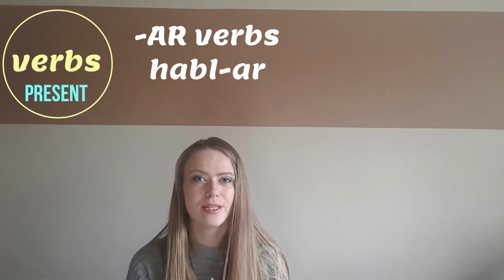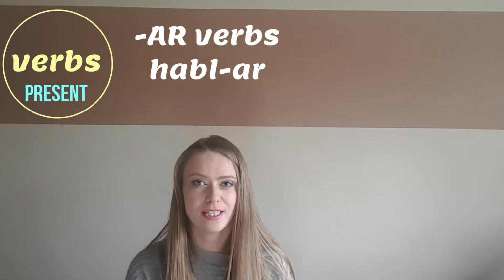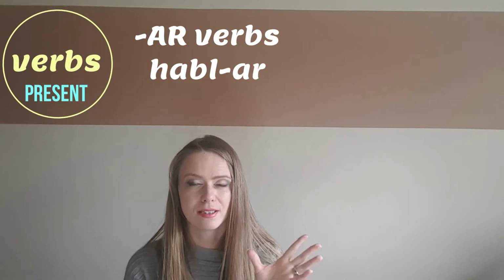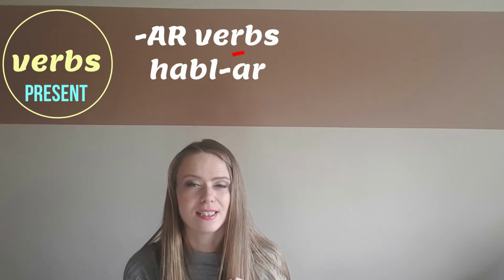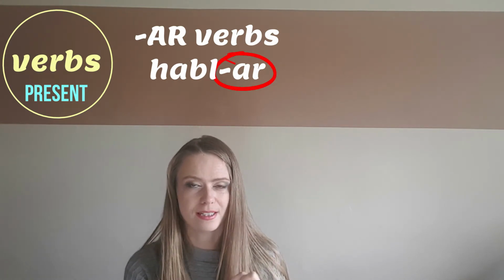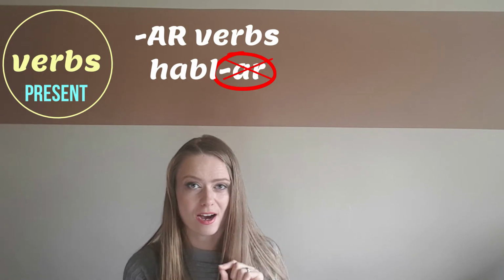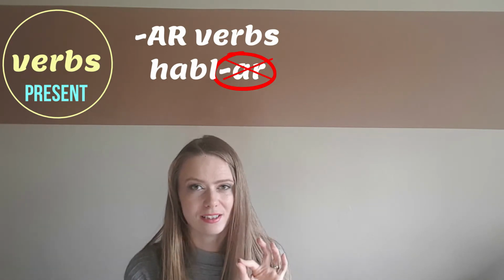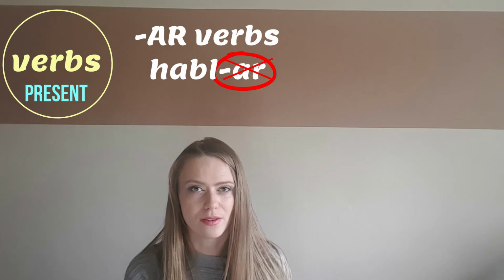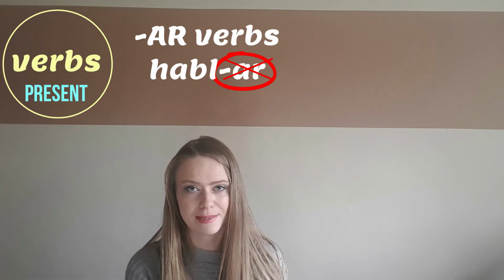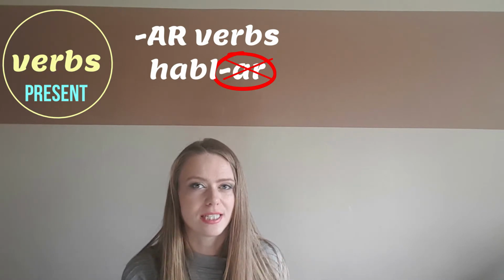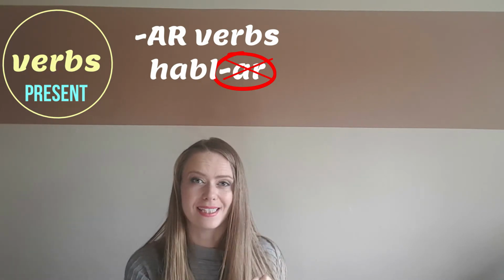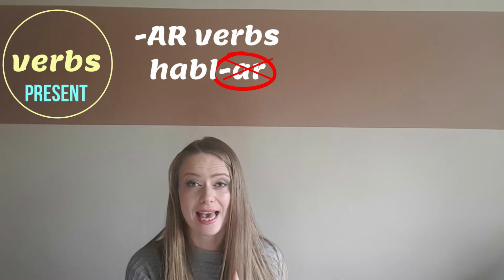And how do you know it? You need to look at the infinitive form, which is hablar, and you know that this is the verb that ends in R, and this is the infinitive form of it, and therefore I need to get rid of that ar, and that is how I know what the stem of the verb is. The stem of the verb is then habl, and then on top of this stem, I'm going to be adding present tense endings.